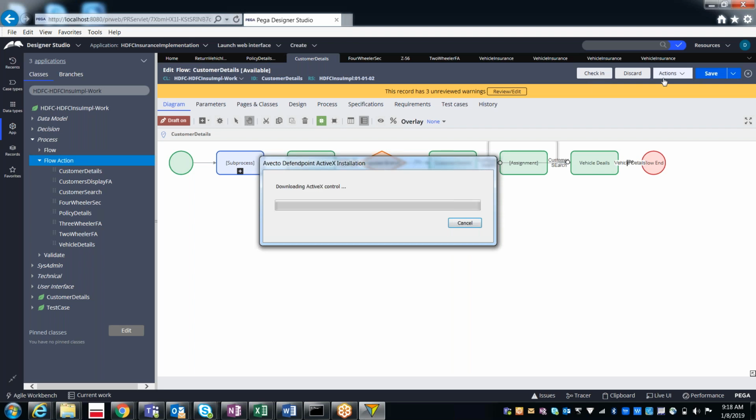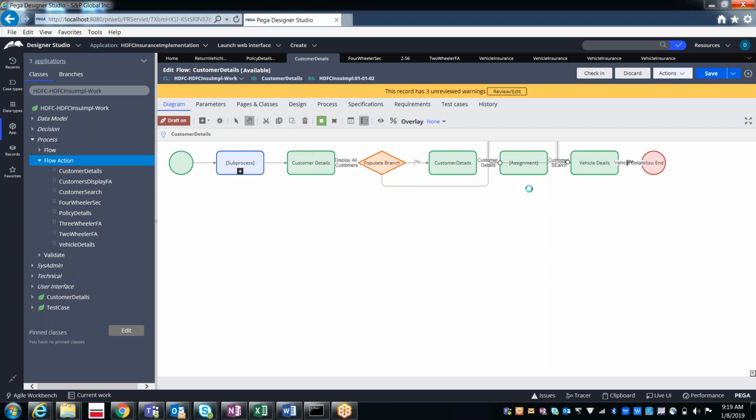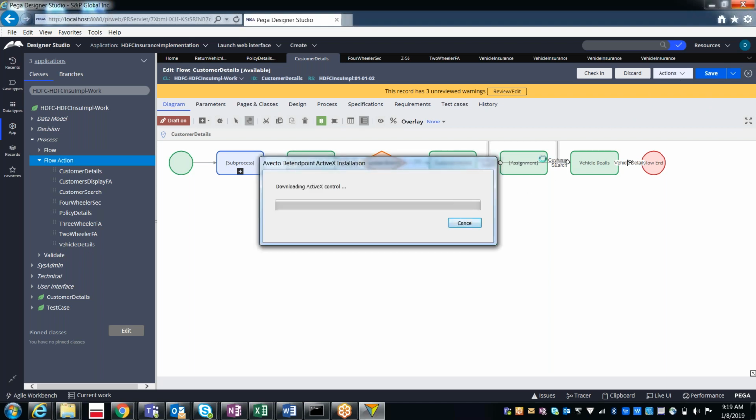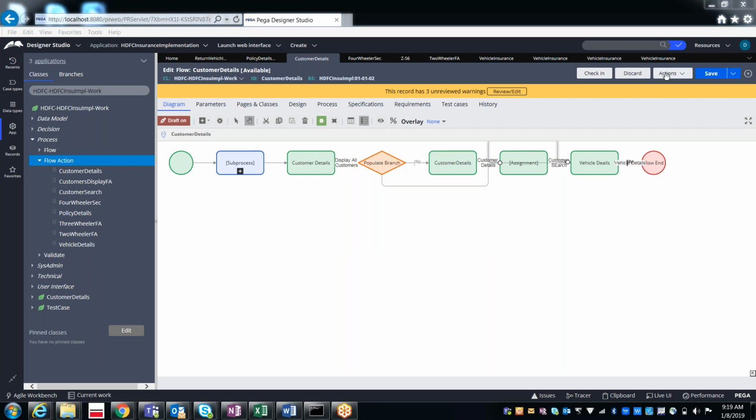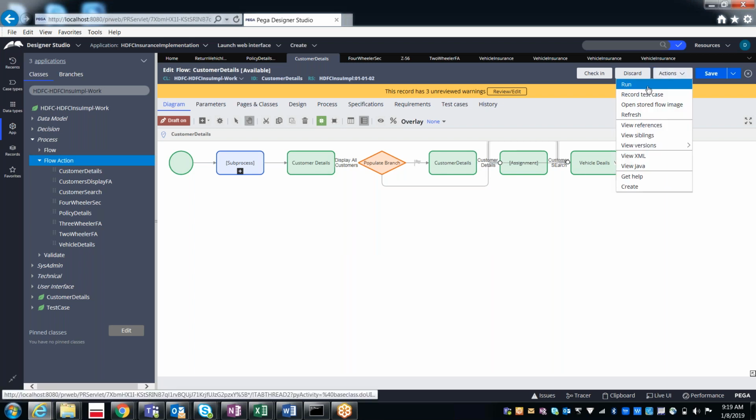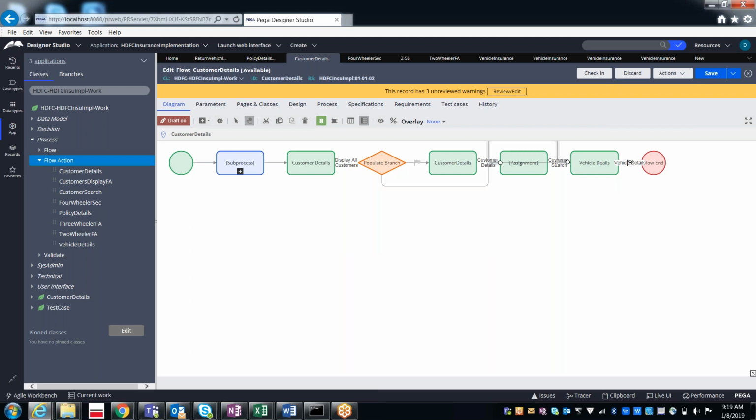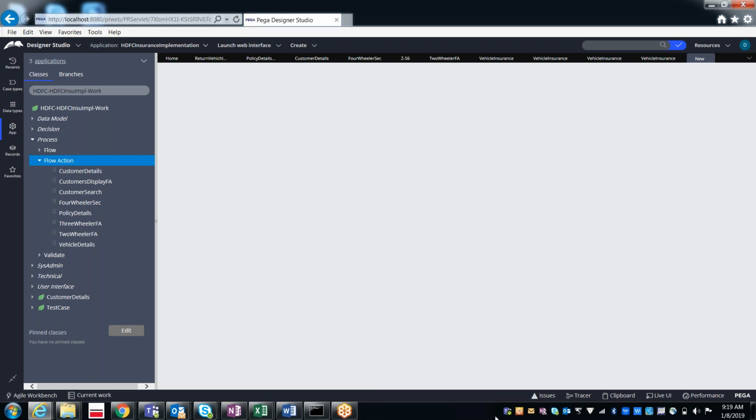You need not save the main flow every time. Run. As usual, you will get the first two flow actions as policy details.